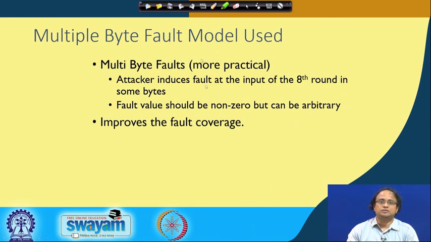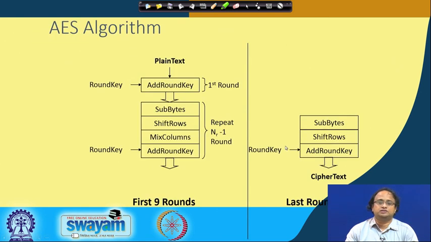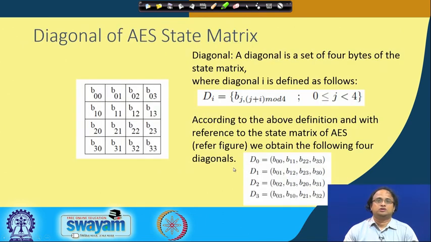Okay. In this pursuit, let us take a quick recap of the AES algorithm. Without loss of generality, we are talking about AES 128. We know that there are 9 rounds of the AES algorithm, which have the blocks add round key, sub bytes, shift rows, mix columns and add round key. And then there is the final round, which has everything but the mix columns. So, the mix columns is removed from the final round.